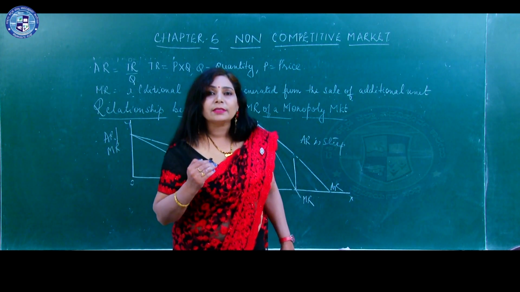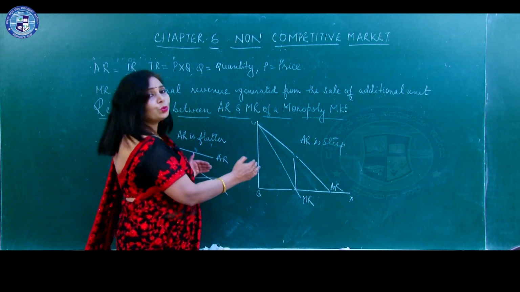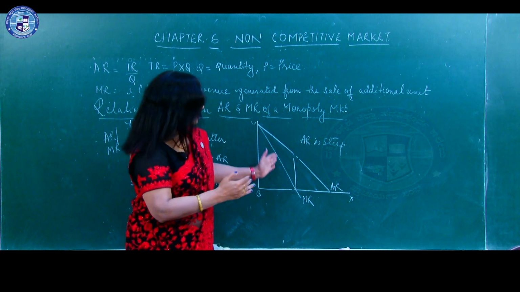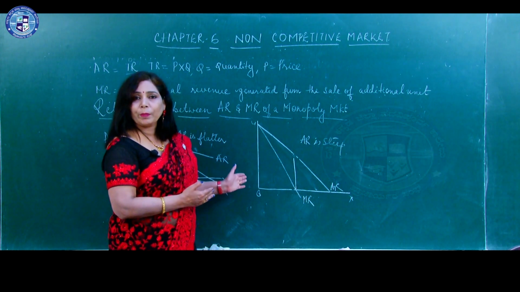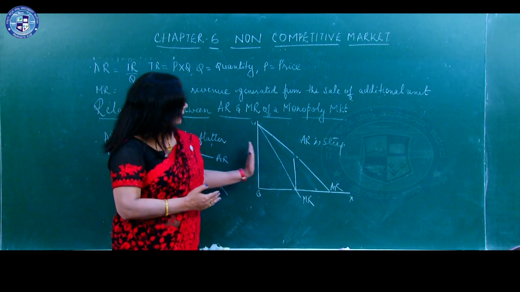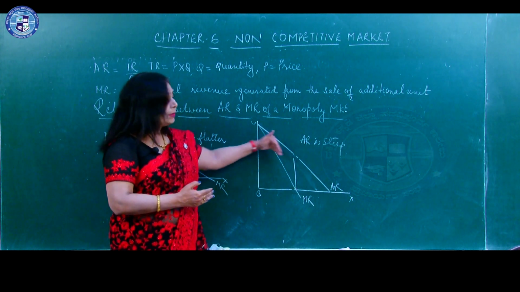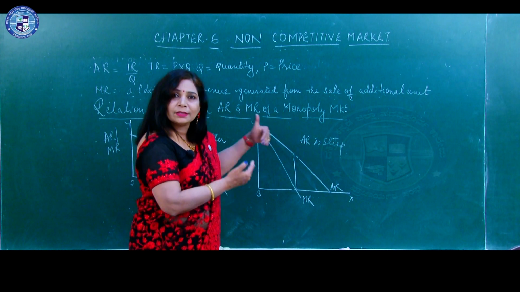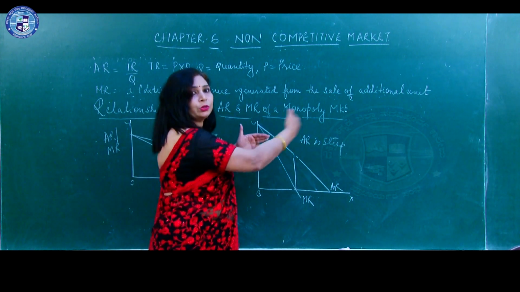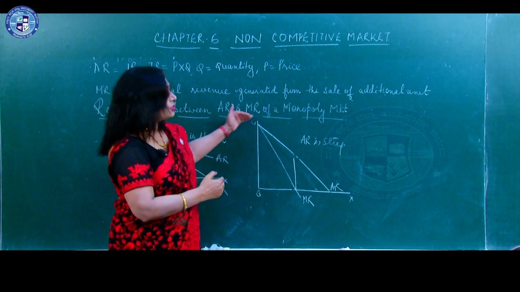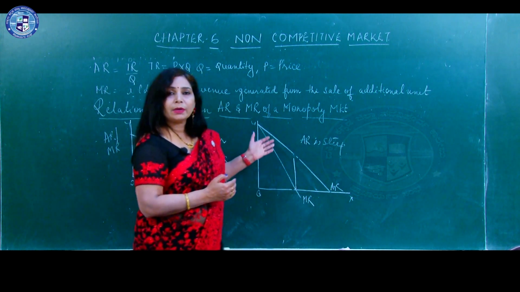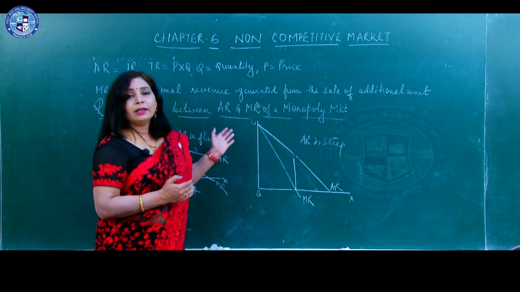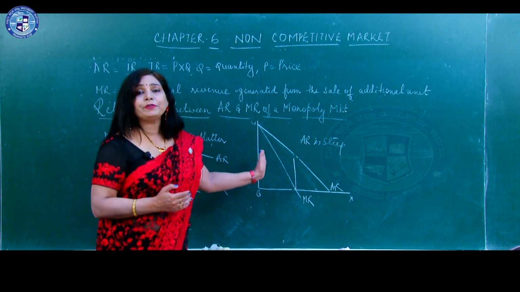It also says that these two curves are sloping downwards. You can see that the average revenue curve as well as the marginal revenue curve, both the curves are sloping downward from left to right. The direction goes like that. You can see that they are not coming this way. They are sloping from left to right. So, we will find that the shape of the average revenue as well as the marginal revenue is a downward sloping curve. At the same time, it says that both the curves are sloping from left to right, and